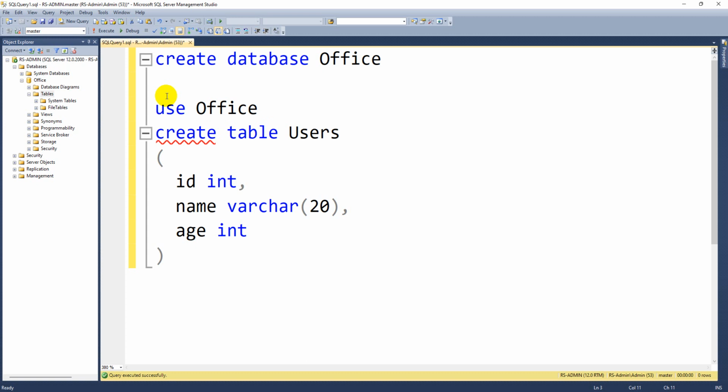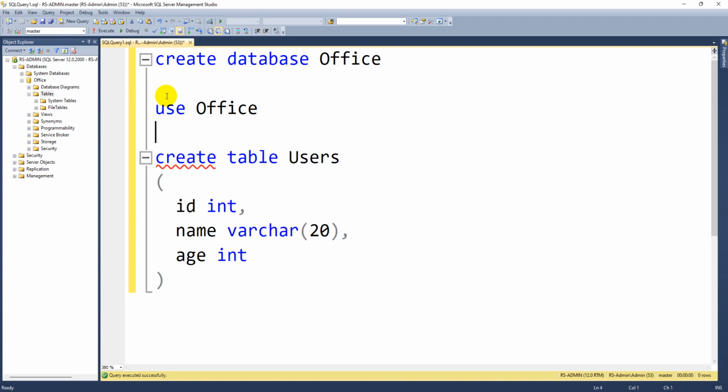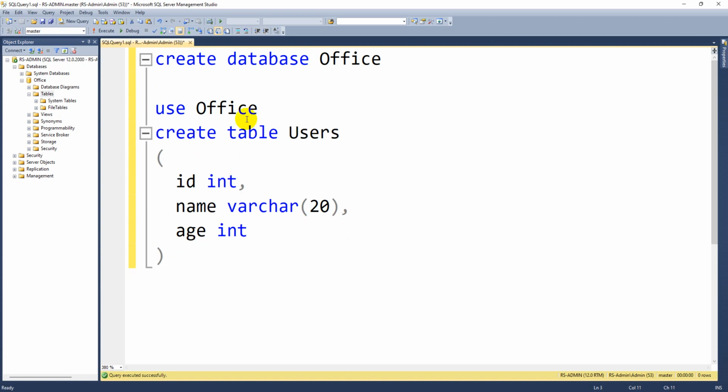Okay, so you can select the database, then you can use a go command and you can continue. Like this you have to write. Go means execute as of now. Then it is going to take it as a separate step. Otherwise you can also execute like this, no issue at all, but properly, in case you want to write, you have to write go also.